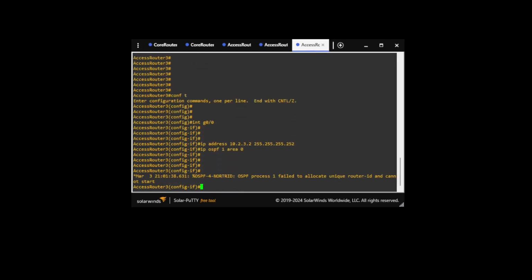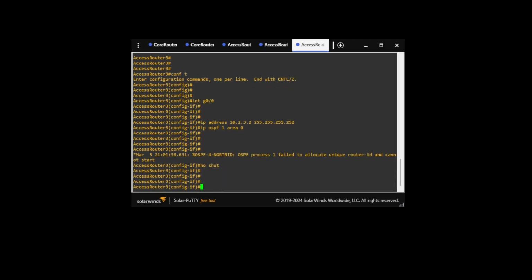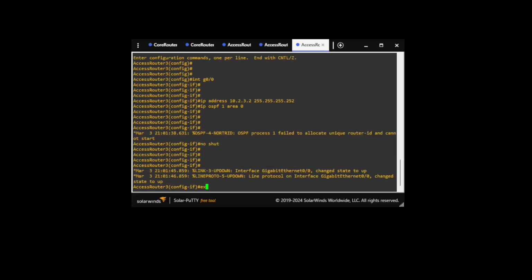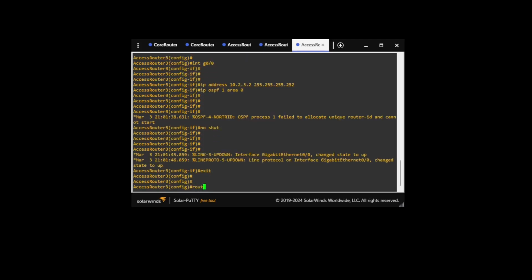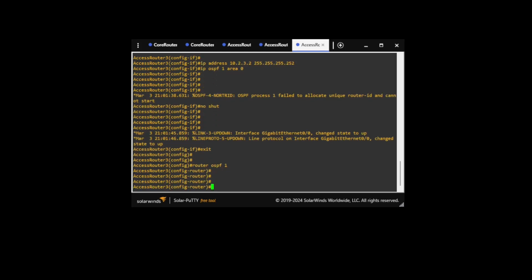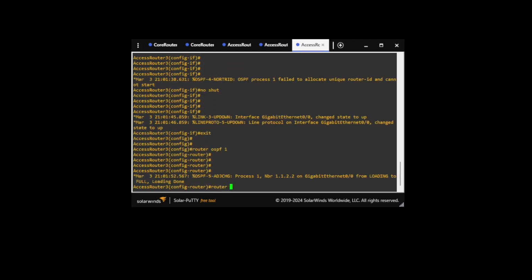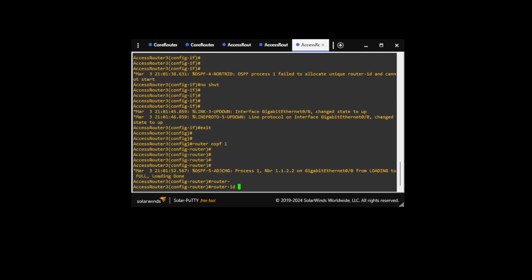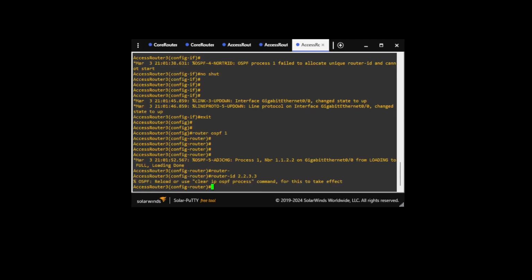Then we're going to say, oop, we forgot our router ID here. So exit, router OSPF 1, router ID. So this is going to be access layer router 3. And now say do